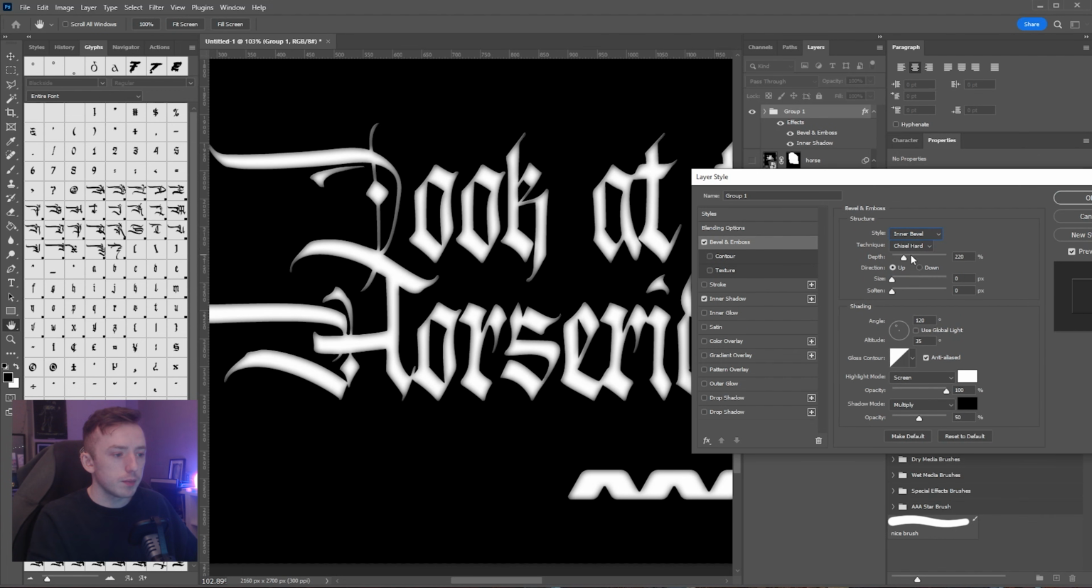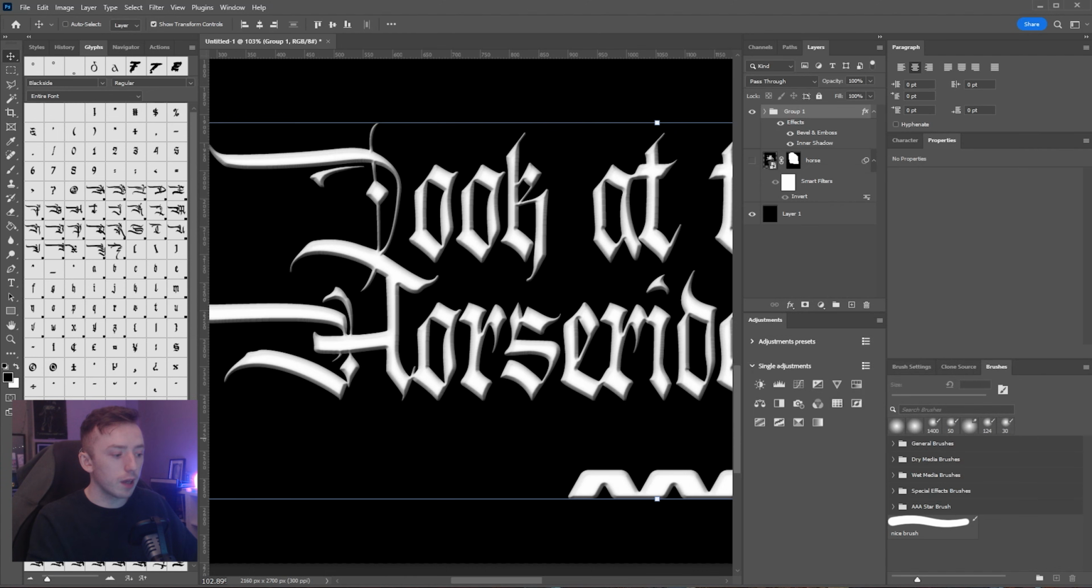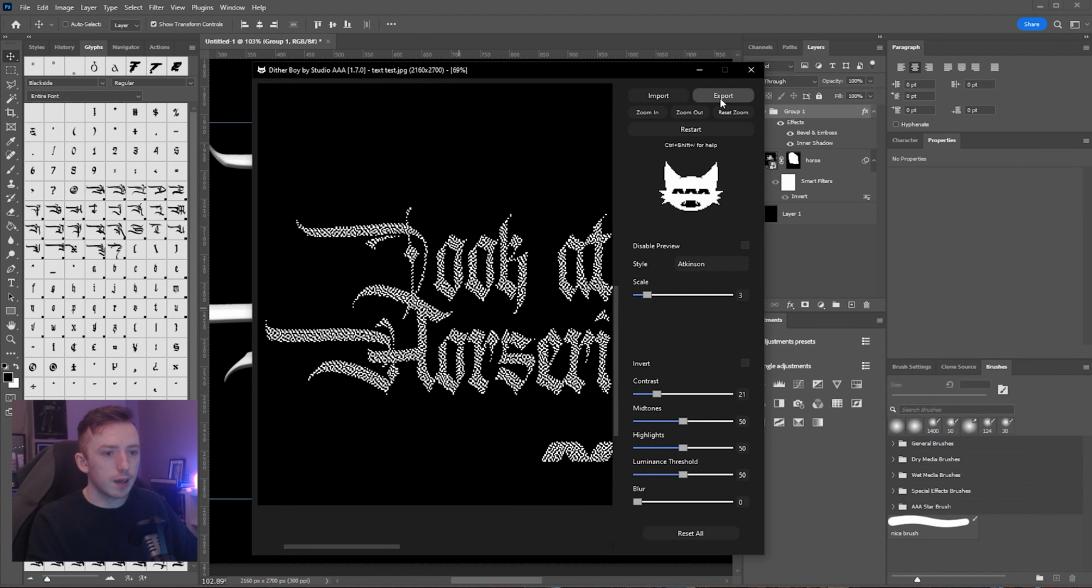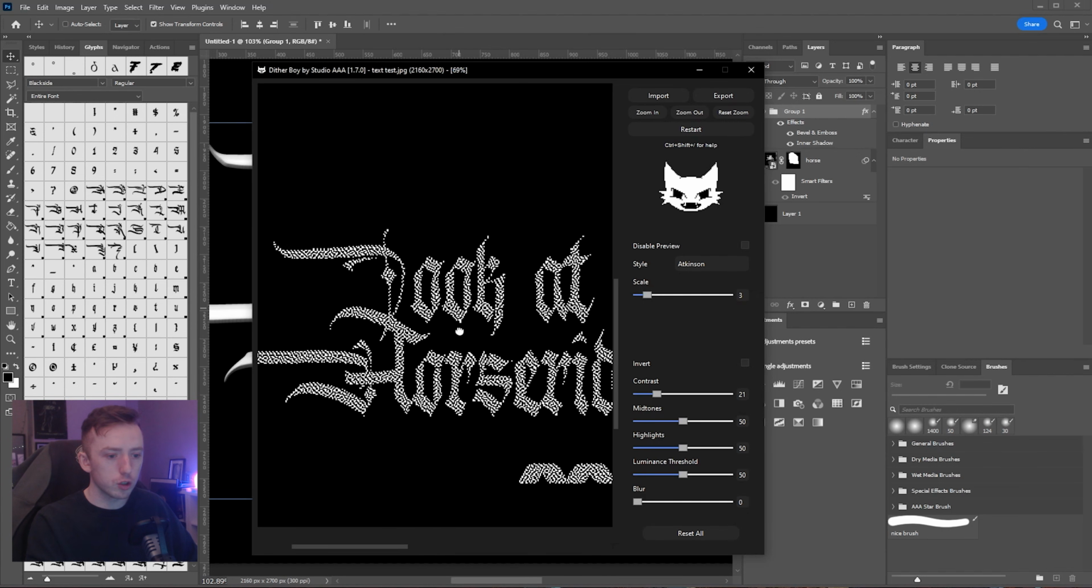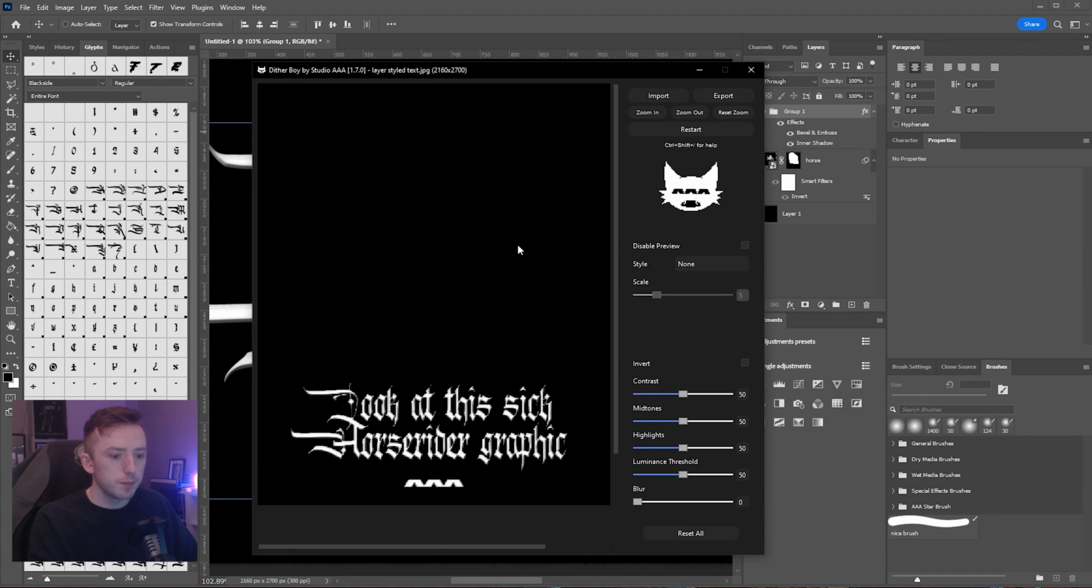So if we go inner bevel, turn up these shadows and change the blend mode to normal, and then up the size a little bit so you've got some indentation going on. You can change the depth and stuff as well. Then just press OK for that. So let me save the flat version of this just so I've got that to compare and show you in a minute. So if we then save this version that we've added the layer styles to and import this into Dither Boy,